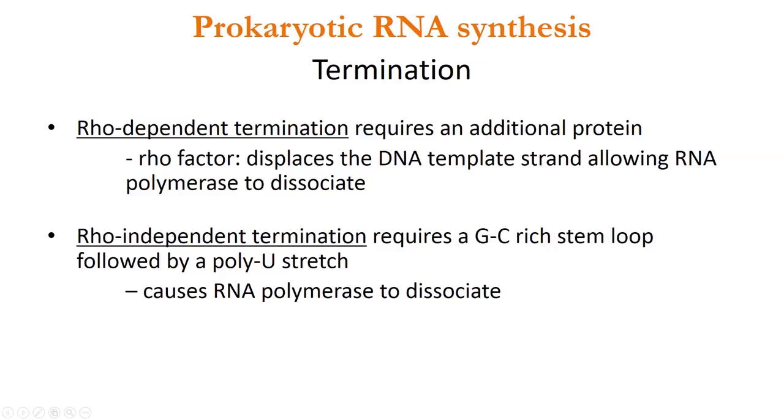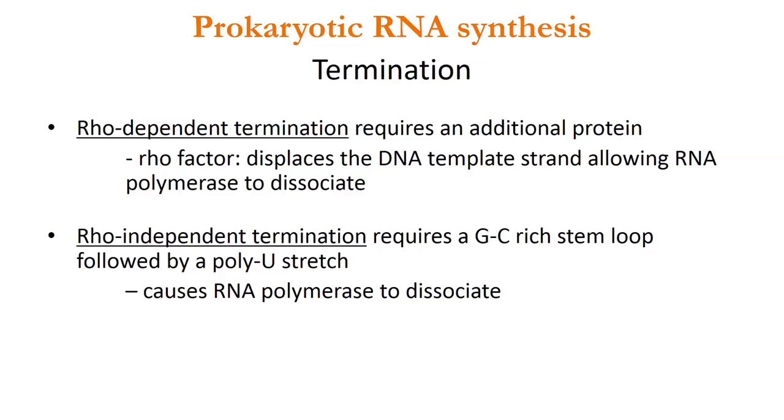Now obviously the GC stem loop and the poly-U stretch in this case is actually part of the gene. But when it gets transcribed into a messenger RNA, it will actually make that stem loop. So the stem loop we're talking about is going to end up in the messenger RNA. And when that stem loop gets formed and there's a poly-U stretch after it, that will cause the RNA polymerase